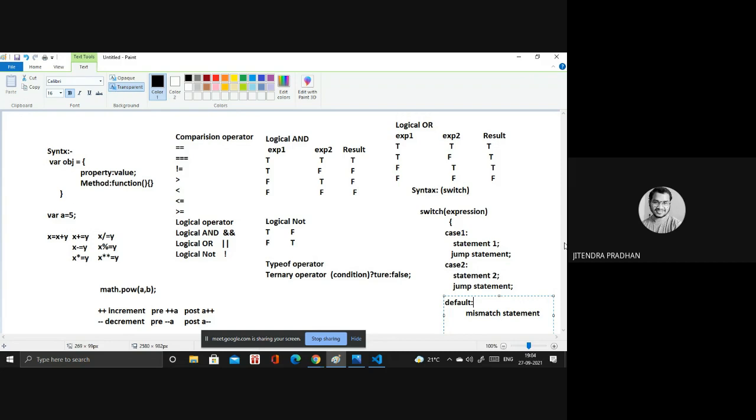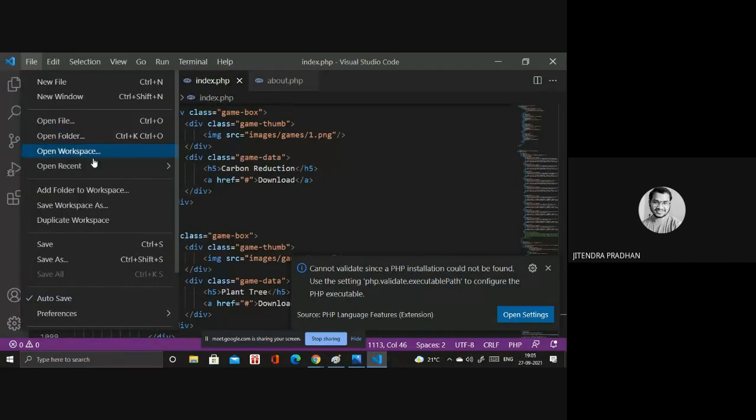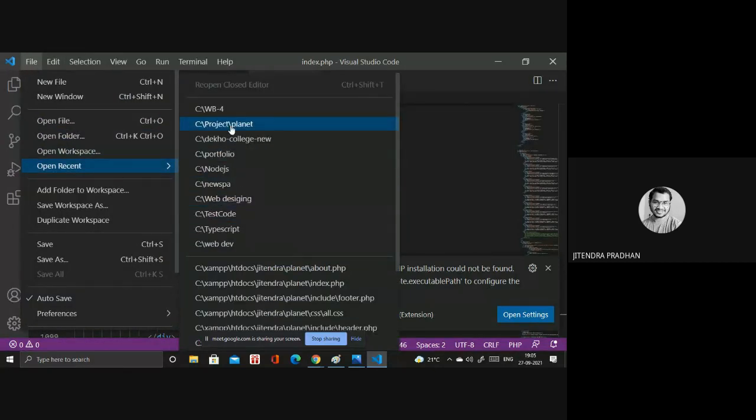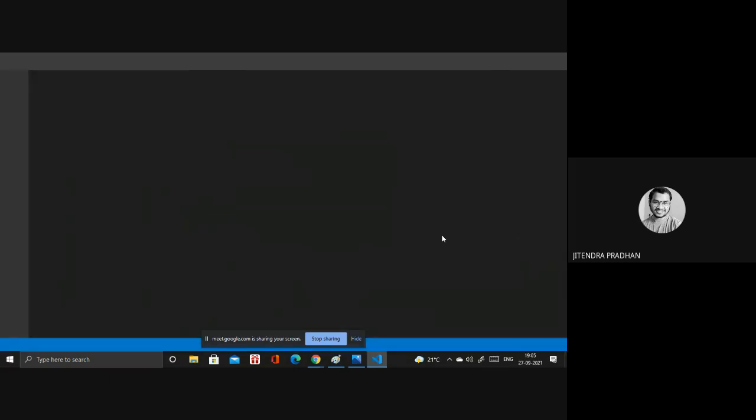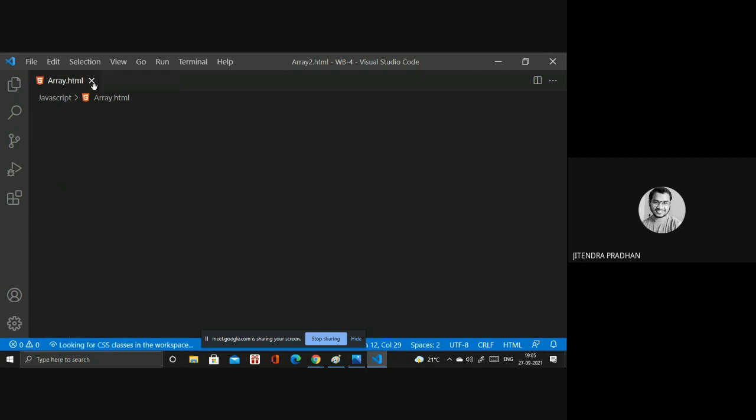Wait a minute. How can we write an object? Let's see. I need to open it. Okay, so I will create another one.